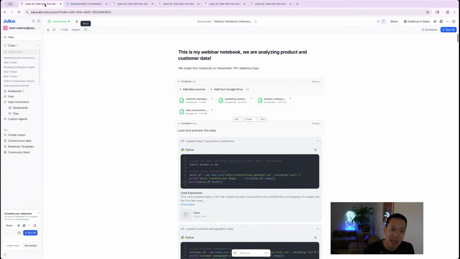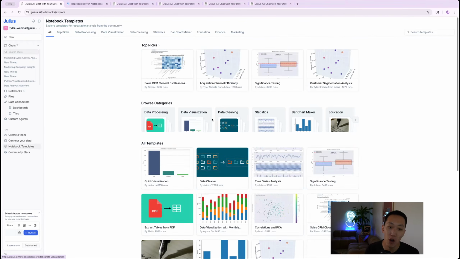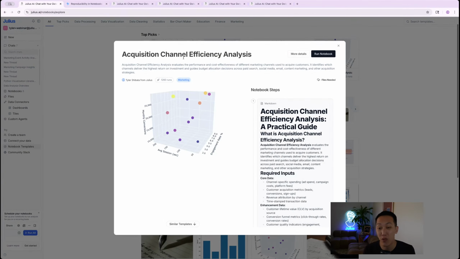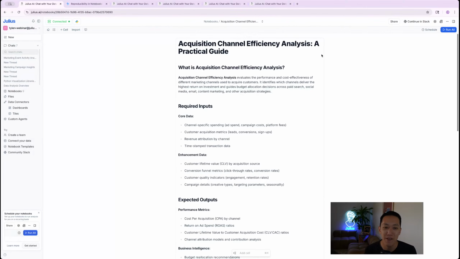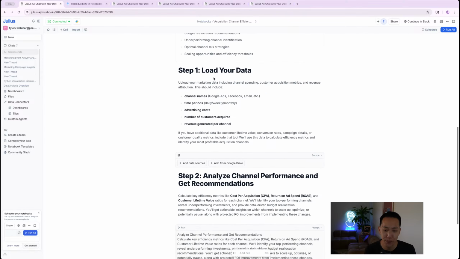Then finally, the last thing I'll share is our notebooks templates page. This has all of the different notebooks that either folks who use Julius or folks on the Julius team have created that you could simply use to do this type of analysis without needing to make all the steps yourself. So if you're in marketing and you want to look at your acquisition channel efficiency, you could run this notebook. All you have to do is plug in your data and just run through the cells there,